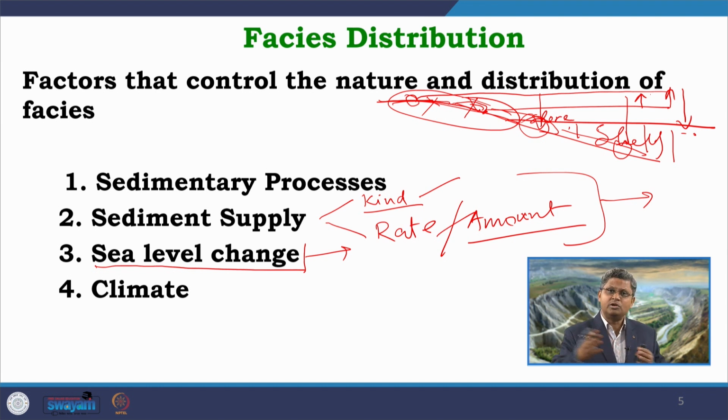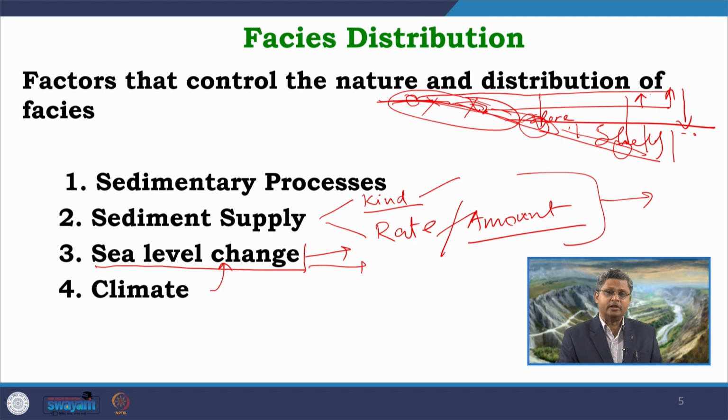In terms of the long term, as we have already seen in the case of Milankovitch cycles, long term climatic changes will produce changes in the sea level conditions, and that changeover will lead to eustatic changes or maybe local sea level changes, and that can have the same kind of effect as we have discussed in the case of sea level change.